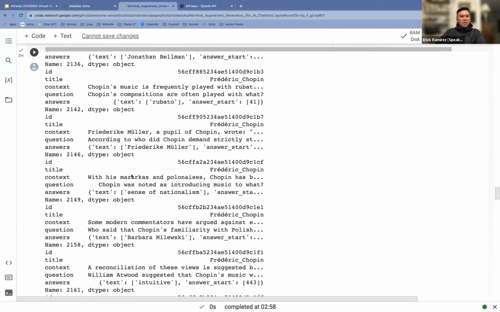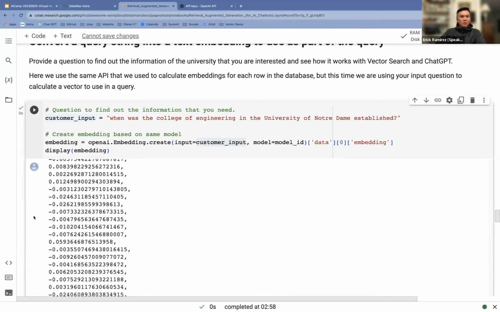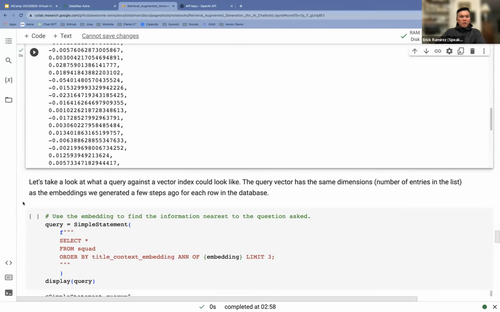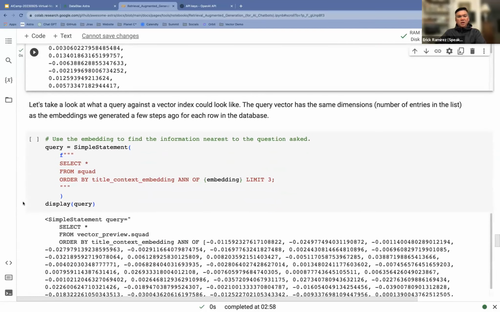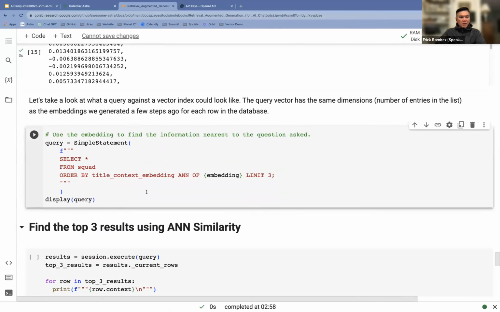So going back, we've generated the float embedding for the question. Now we can do a vector search on that question to query the data that we already have. Here's the vector search: select from squad, so our table is squad. Because we're using a Cassandra database, it's only a single database call.